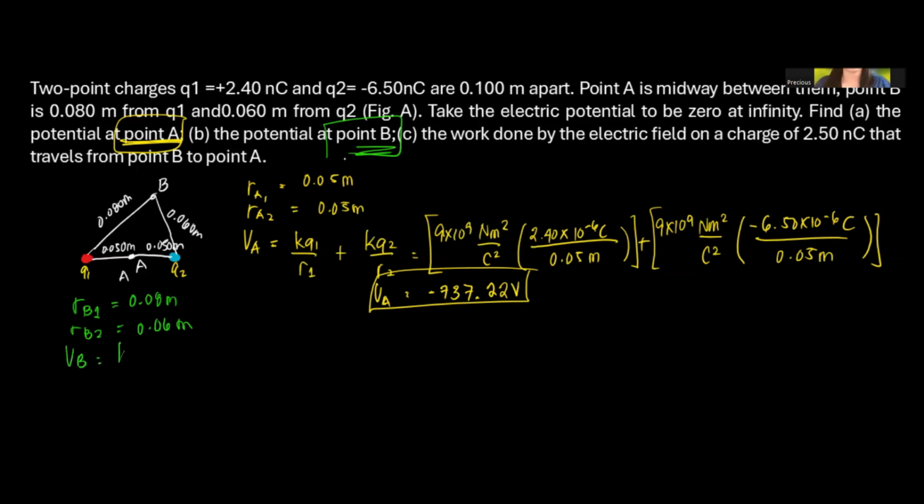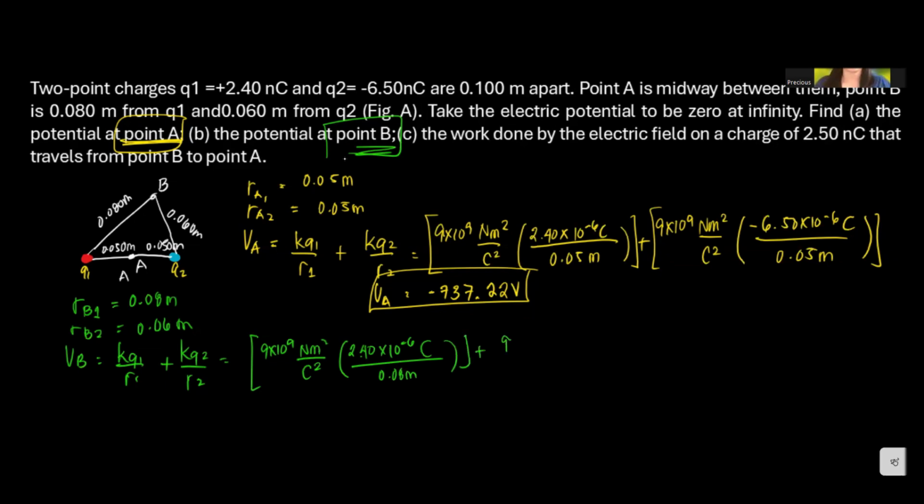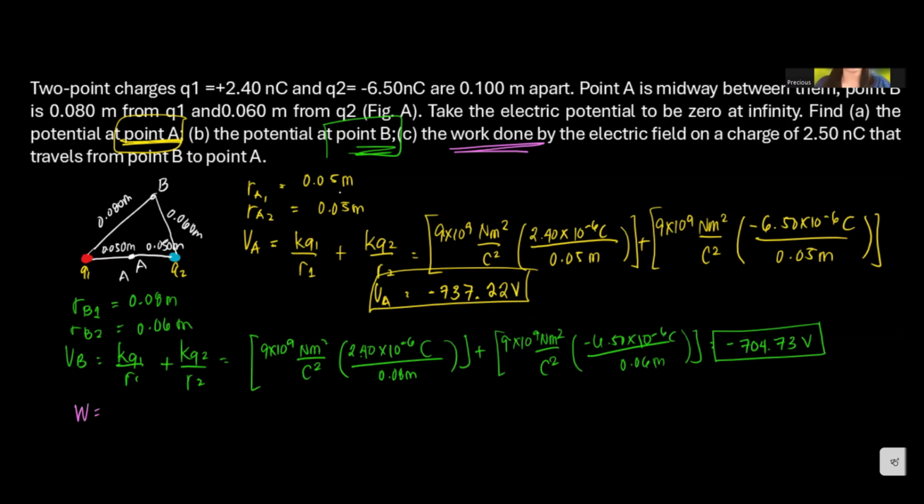And for point B, same approach, listing all the radii from point B to Q1, from point B to Q2. VB is equal to KQ1 divided by R1 plus KQ2 divided by R2. Plugging in all the values, we will get negative 704.73 volts. And to know the work done by the electric field on a charge 2.5 nano, same thing, which is